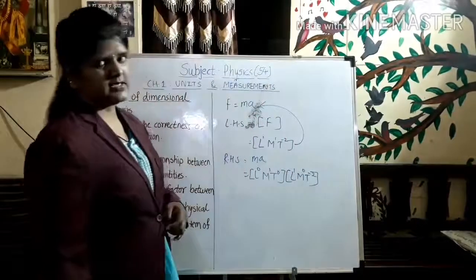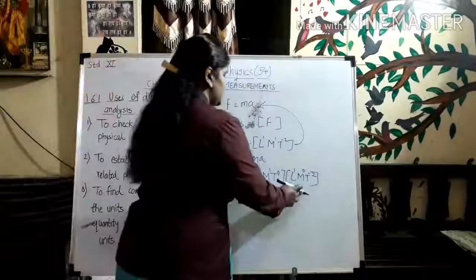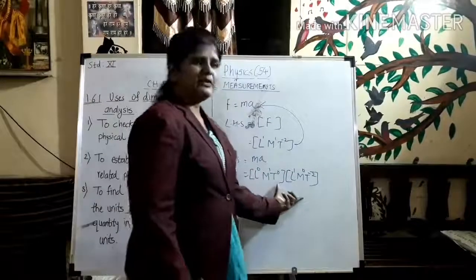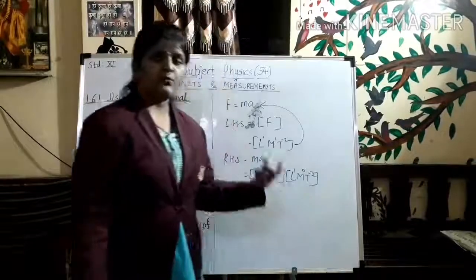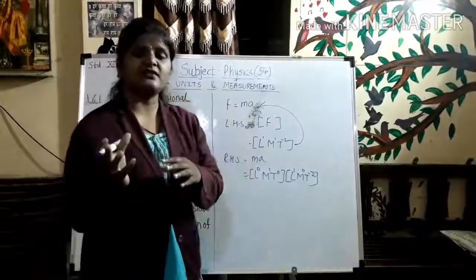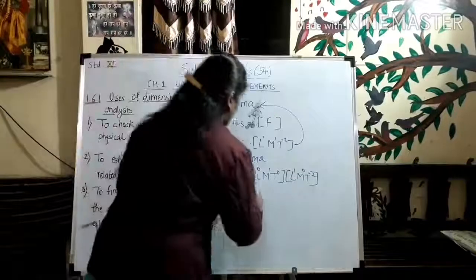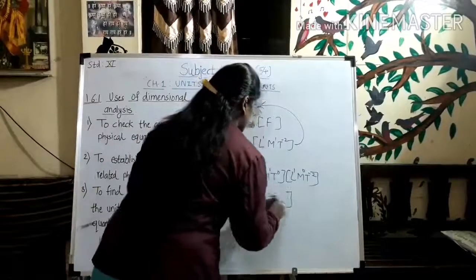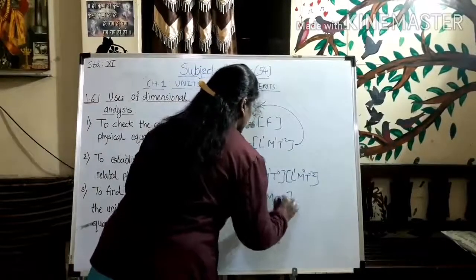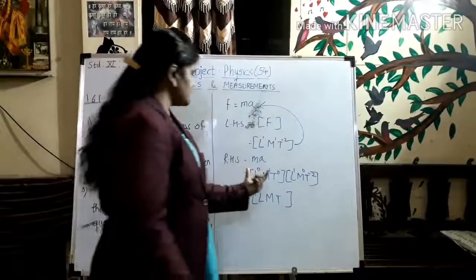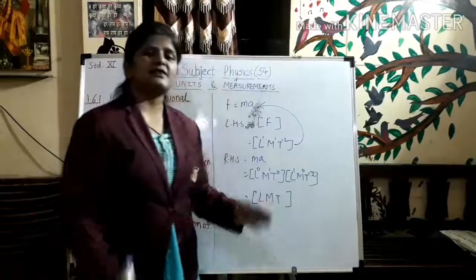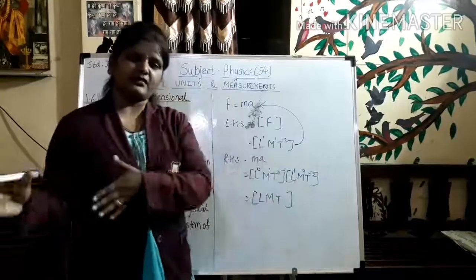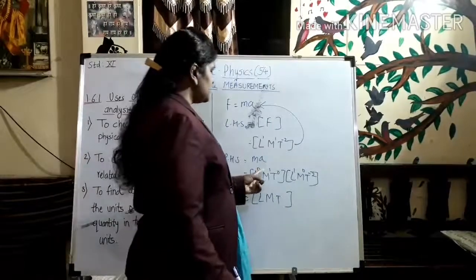Is it right? Yes. So as you can see over here, there is a multiplication of two brackets and the bases are the same for both brackets. So the indices will get added. So I can just write a single bracket in terms of L, M and T. As I said, the bases, that means L, M and T, are the same in both brackets. And what are the indices? 0, 1, 0.